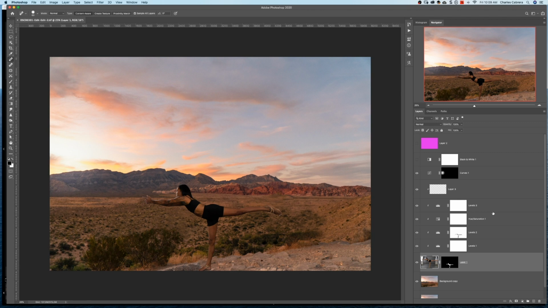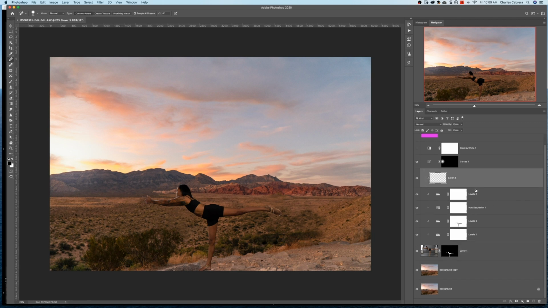So when I said layers are what Photoshop is built on, I meant these are what Photoshop uses to construct images and apply adjustments to images. And so it's an advanced feature, but very necessary. And once you get the hang of it, you'll really be amazed at what you can do with Photoshop. And I have a link in the card for a video on layers and layer masks.